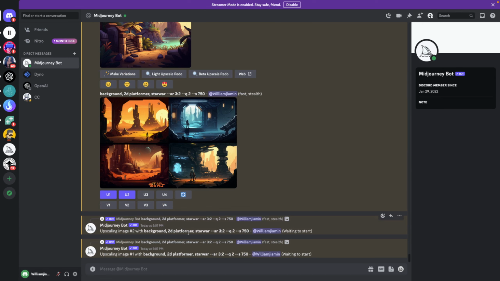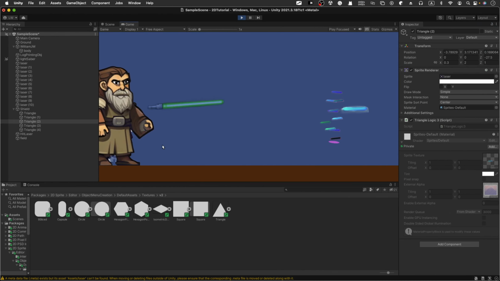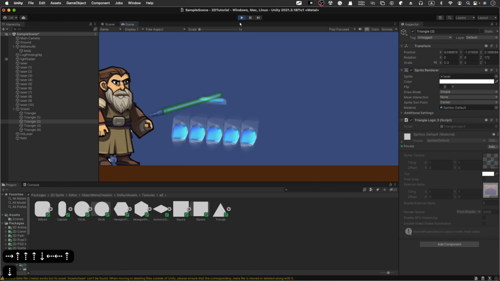And it's still upscaling. I already got this as a premium subscription. Even though it says fast mode, it still is that. Don't worry. Yeah, we got diamonds here. Yeah, pretty cool. Looks pretty good. I can even hit his laser lightsaber,